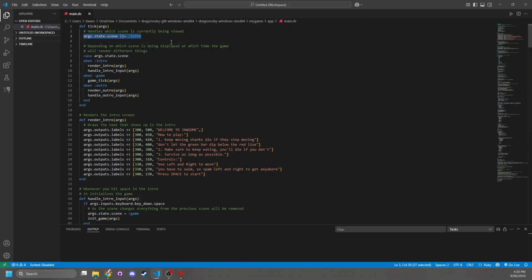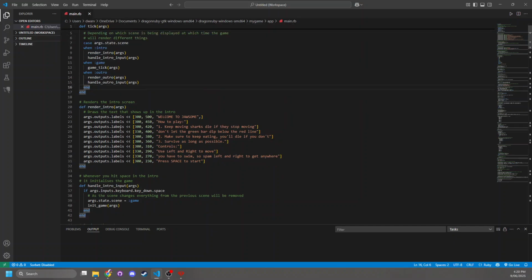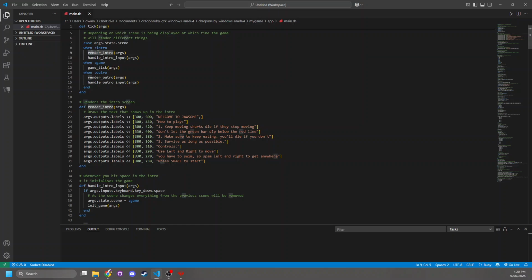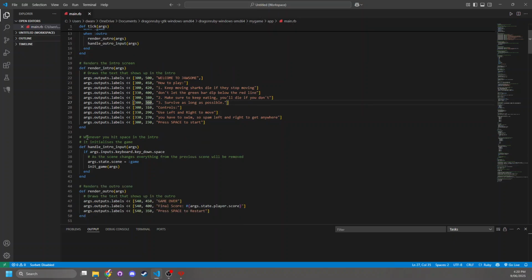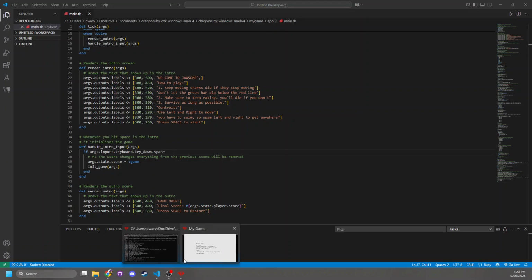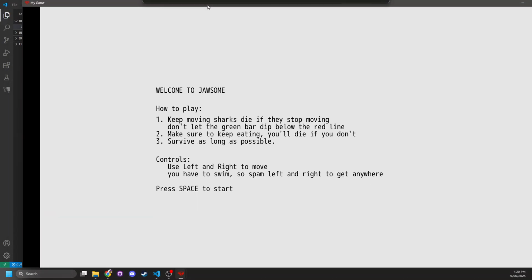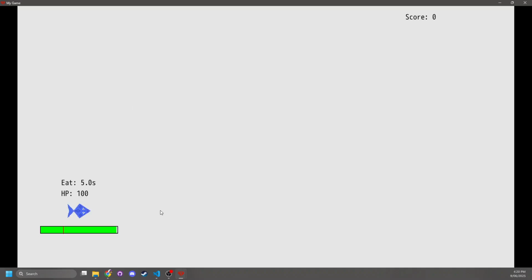This one is scene and is set to intro. In the program, it will check what scene we're currently in. So it's set to intro, so it's going to render the intro. This draws all of these output labels onto the screen in the render intro, and then checks if the spacebar is being pressed. So here is all of the same stuff that's being rendered. And when you hit space,